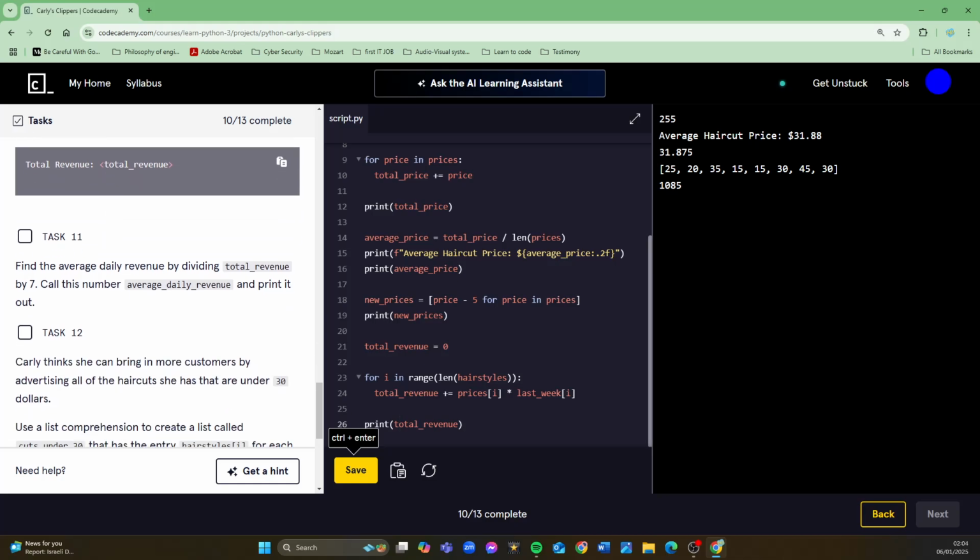Oh, and let's make it a little bit smarter. So print a string saying total revenue colon. And again, actually, let's make it an F string, and then I can change this to be curly braces and say total revenue colon dot 2f. Will that work? Yeah, and now I've got that dot 0, 0, which is much better. And I'll add a dollar sign.